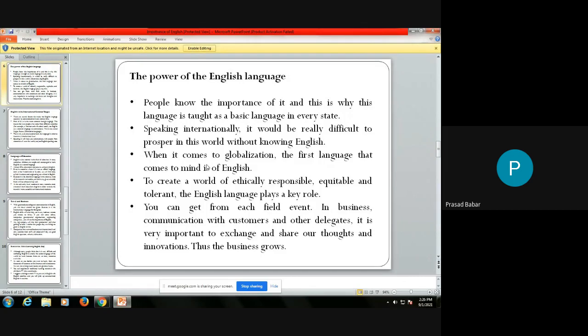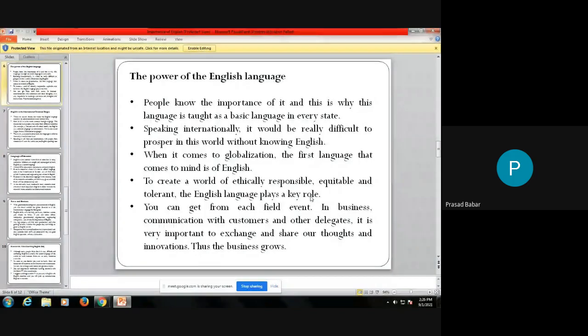Okay, that is why it is very important. So this is the power of English language. To create a world of ethically responsible, equitable, and tolerant people, the English language plays a key role. Okay, so to create a world of ethically responsible, म्हणजे